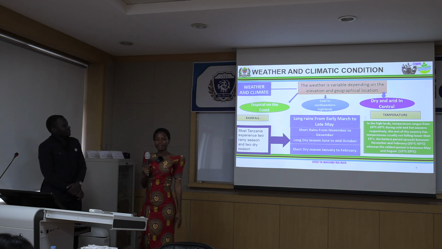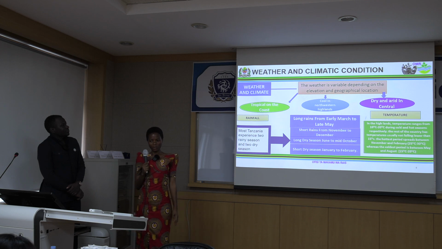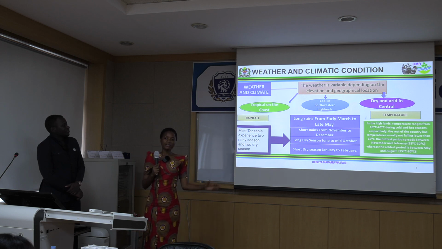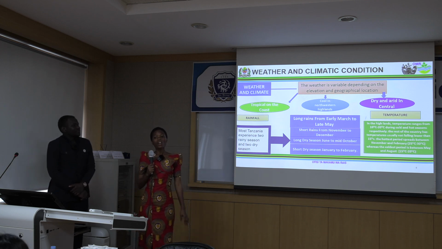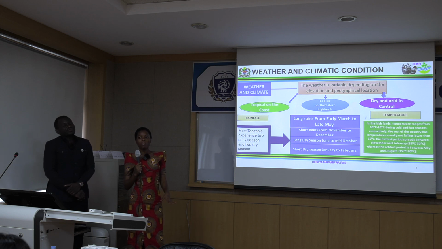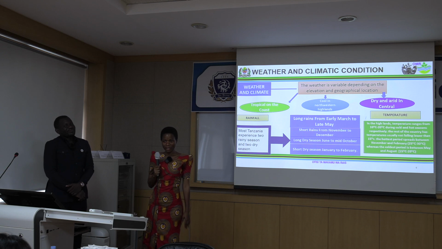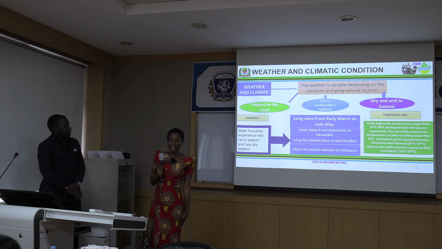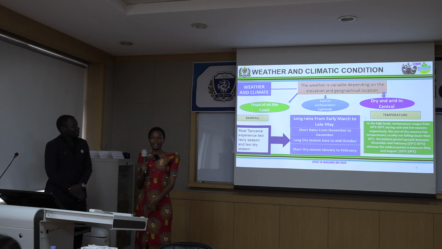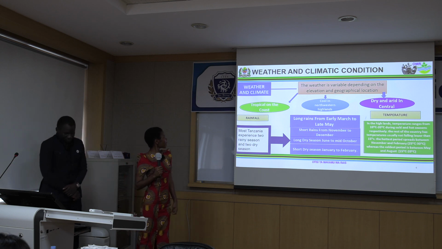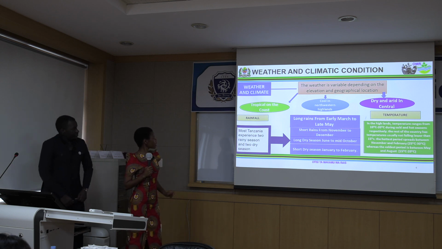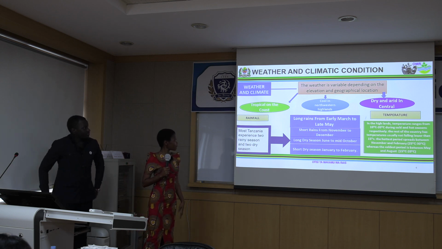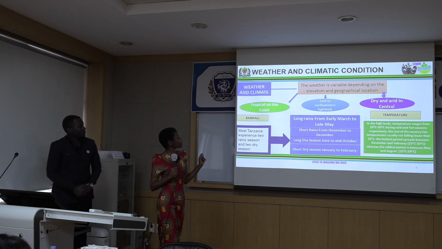As in Tanzania, we have 28 regions. The weather is different from one region to another. Along the coast, most of the areas along the coast, it is very hot. And the areas in the highland areas, it is not very hot like along the coast. As you can see, the coast is a pure tropical climate. And in the highland is cool.